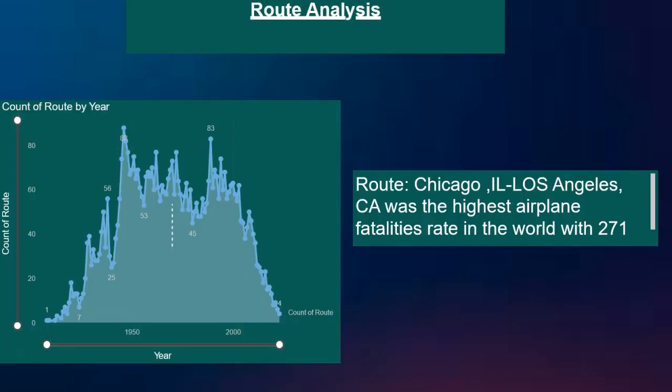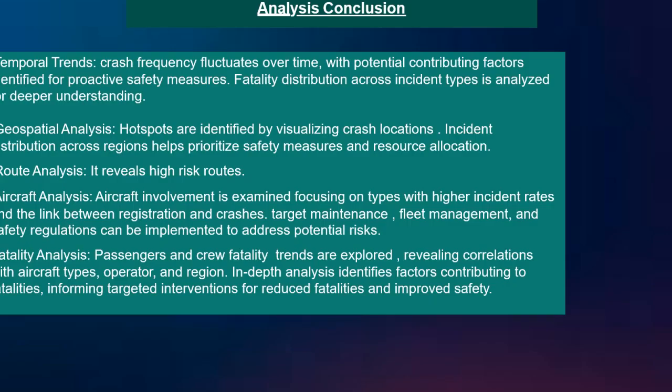The last one was the route analysis. For route analysis, the exploration showed that Los Angeles, California had the highest airplane fatalities rate in the world with 271. The overall conclusion of the analysis is that the temporal trends, geospatial analysis,